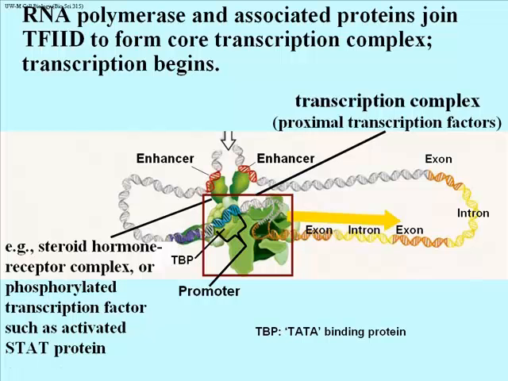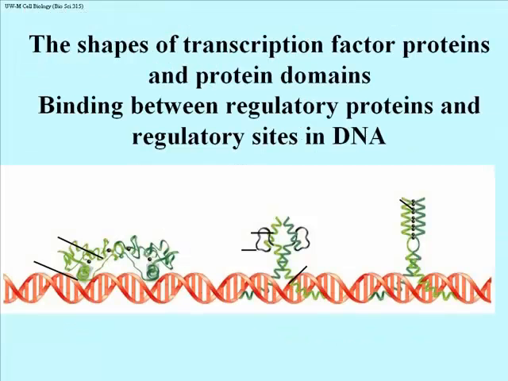Once the RNA polymerase is on and has been modified somewhat, it can begin transcription. All of this would not happen were it not for the presence of enhancer proteins. In other words, this gene would only be active if those transcription factors that bind to the distal elements were actually there and doing this. Oh, there's our RNA polymerase II, the RNA polymerase that in eukaryotes transcribes messenger RNAs.